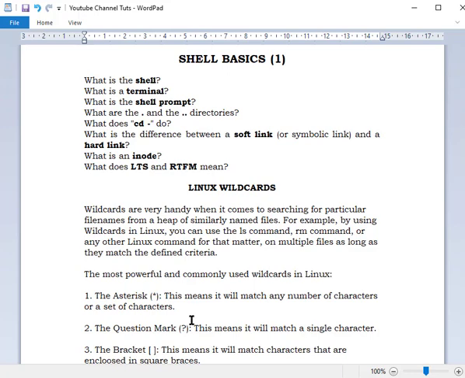So the next one, looking at question mark. This means it will match a single character. What we mean by that, for example now,